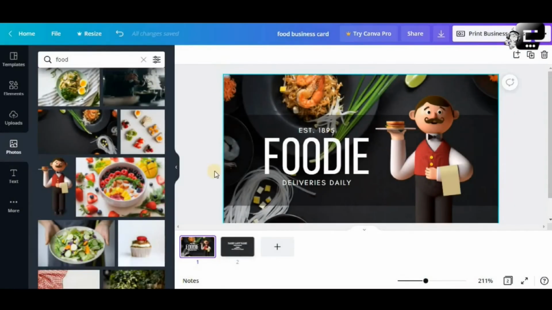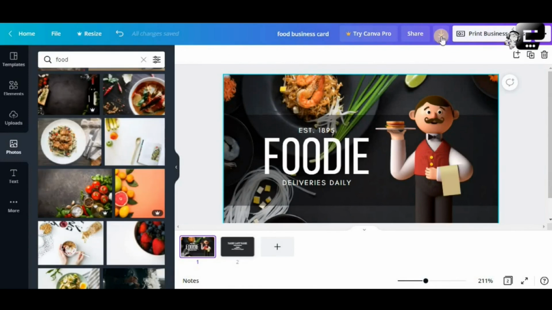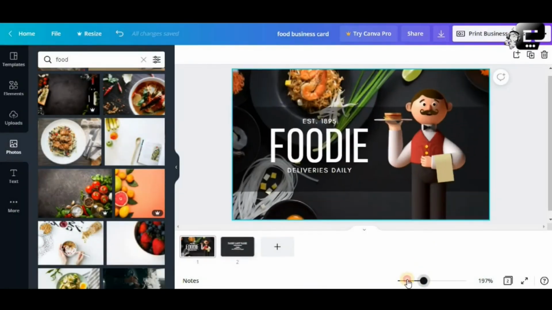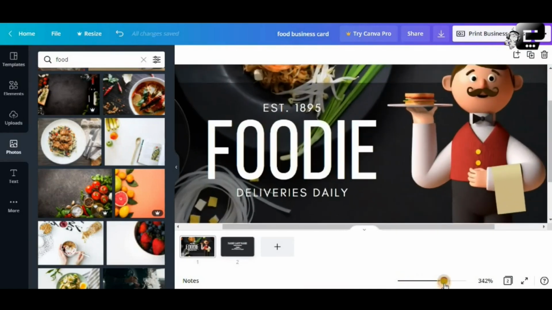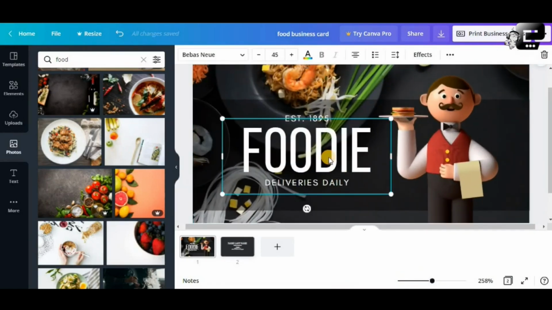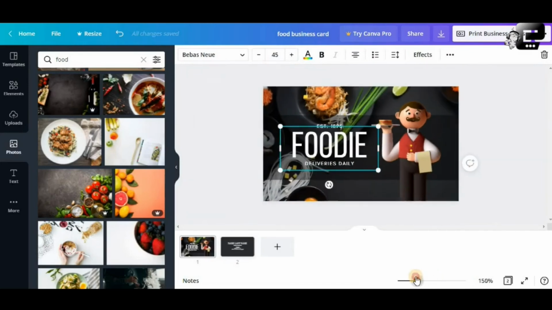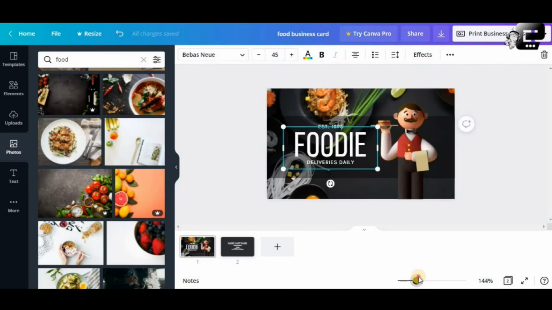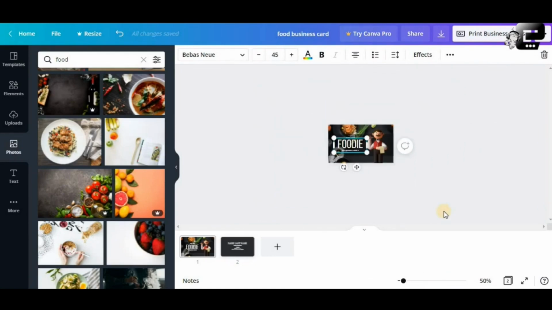If you think this is really good enough, you can download this design by clicking the download button on top. Oh, by the way, below here is the slider. You can easily zoom in and zoom out on the element that you are working on. Or you can simply press Control plus and minus on your keyboard.